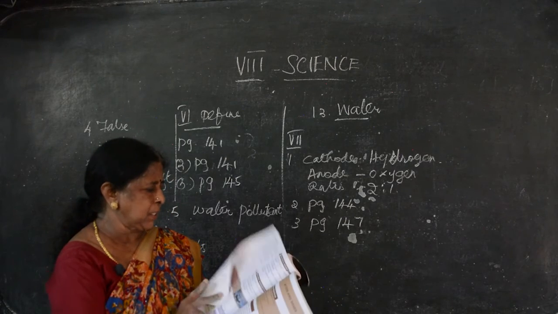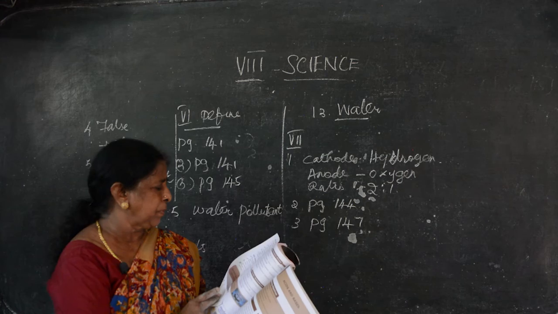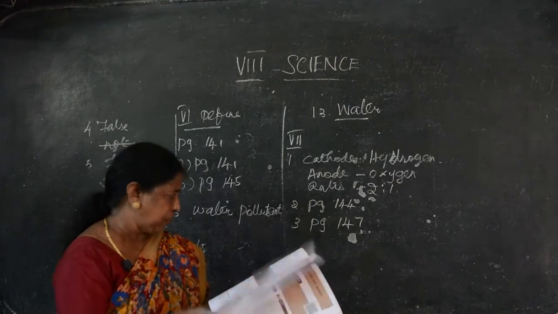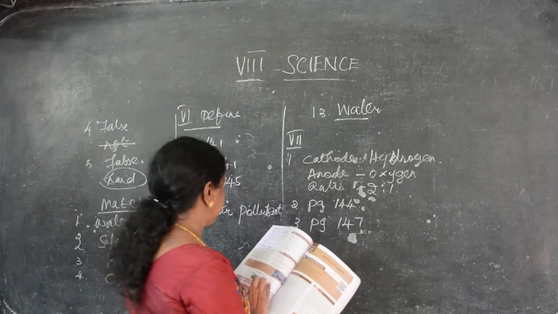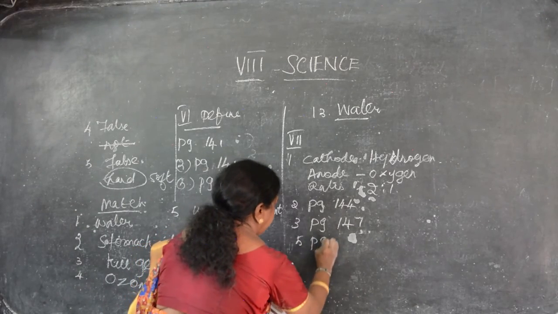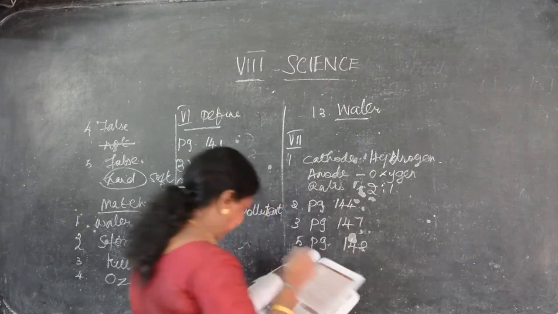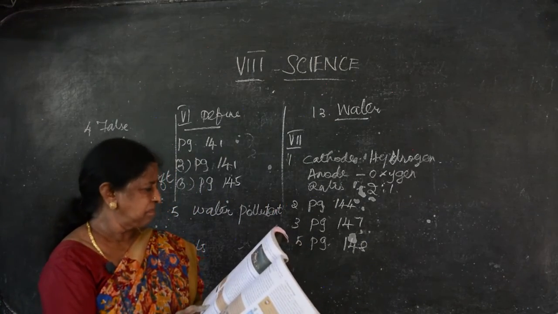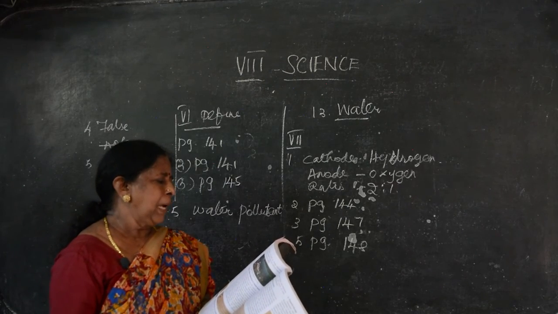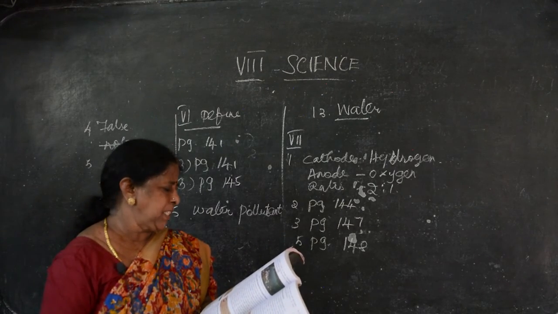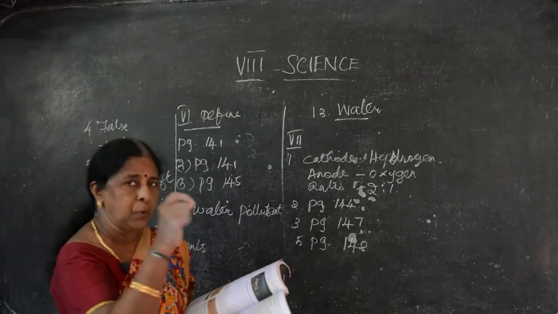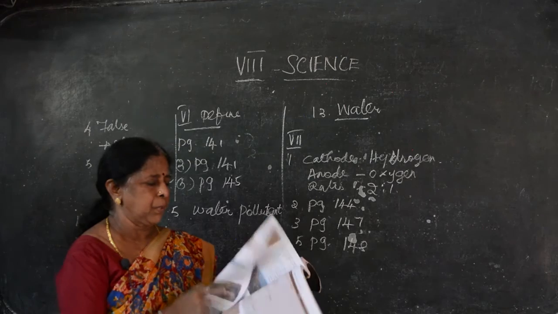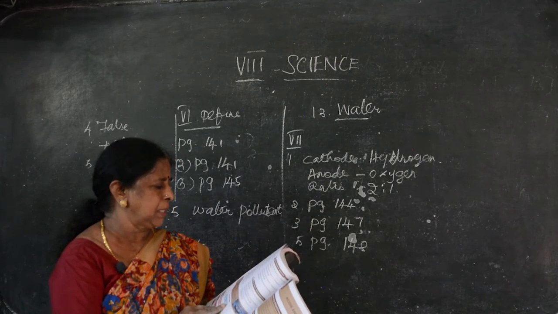And the next one, the last short answer is, what are the methods of removing hardness of water? In the place of what, you have to write what are the methods. It's in page number 148. Other questions are omitted as per the government syllabus. The methods alone you have to write. Boiling, adding of washing soda, ion exchange and distillation are the methods. All the 4 side headings alone you have to underline. Then write all the points, and then write what are the methods to remove the hardness of water.